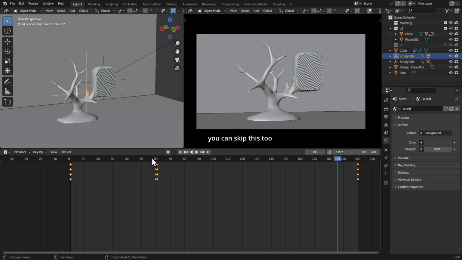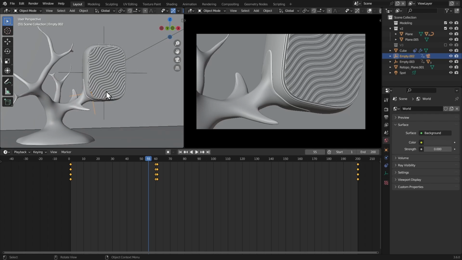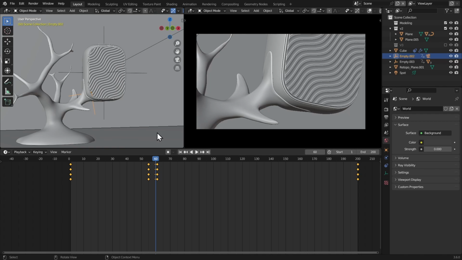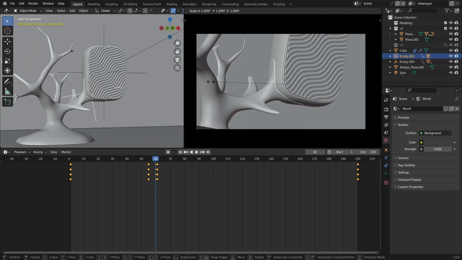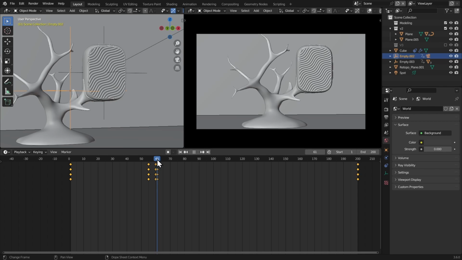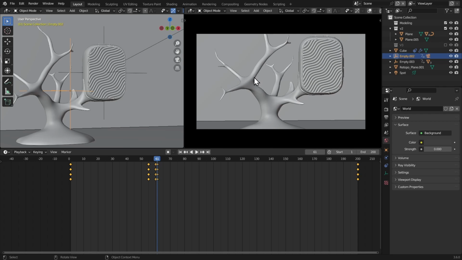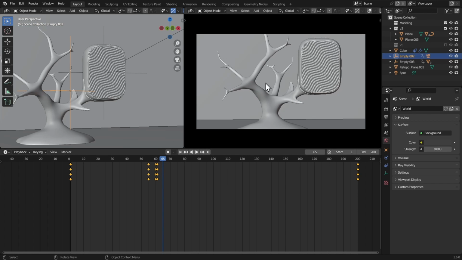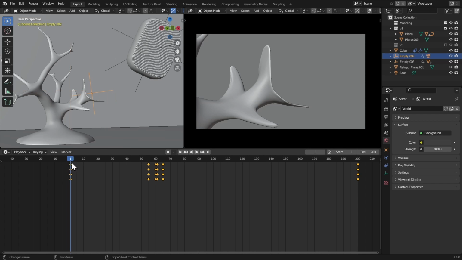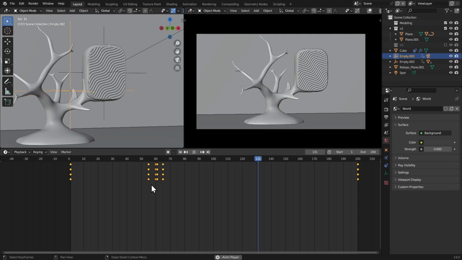If you want a nice transition here, on the frame 55, insert a location, rotation, and scale keyframe on the camera controller, and on the frame 60, scale it up back just like that. And now insert location, rotation, and scale. And on frame 61, scale the empty down, insert location, rotation, and scale. And frame 65, scale it up back to its normal state, insert location, rotation, and scale. Now if you play that, it's gonna look much more interesting because we did that transition in there. You can see,